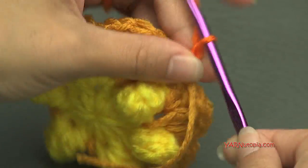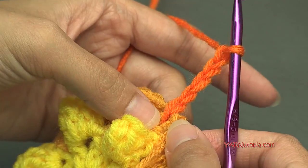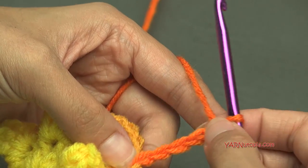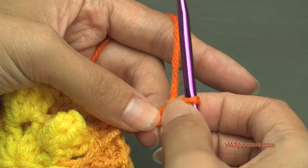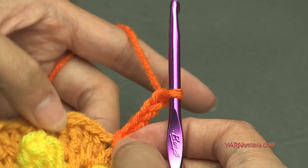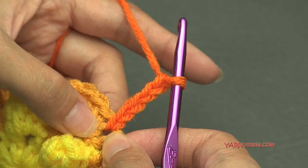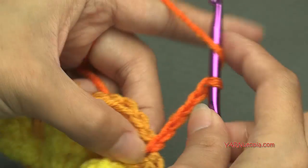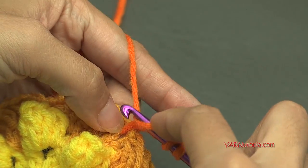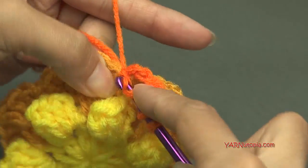1, 2, 3, 4, and 5. And what that counts as is our first 4 chains count as a treble crochet, and then this next chain counts as a chain 1 space. And in the same stitch, we are going to put a treble crochet, chain 1, and we're going to do that 5 times. So yarn over twice, go into the same stitch, the same single crochet,